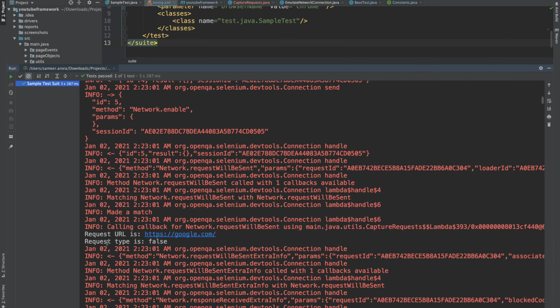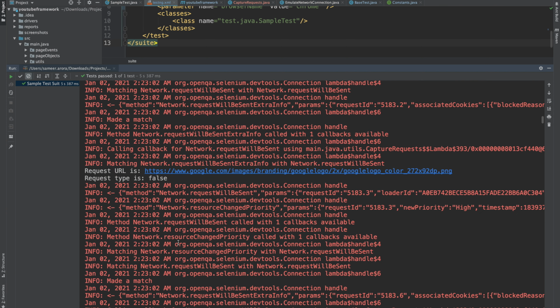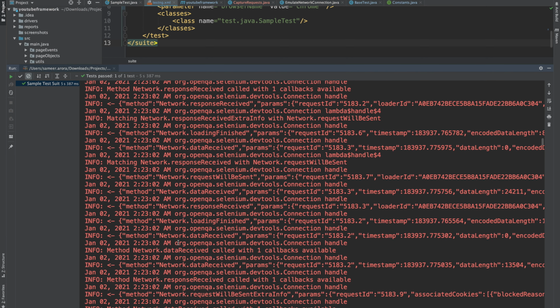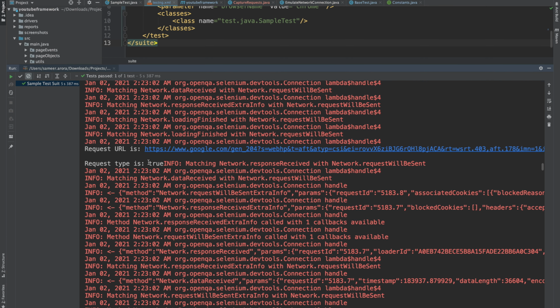Here you can see that the request type is false because we added the condition that it equals ignore case post, and it is a get type request, so it is showing as false here. We should be having a post request here as well, which will be shown as true. So yes, you can see that it is true, which means it is a post type request. Similarly, you can validate anything and everything that you want to validate on the URLs that are getting hit in the application under testing.